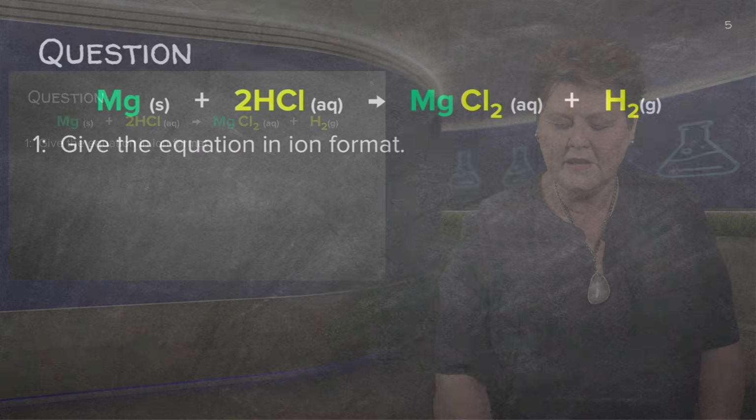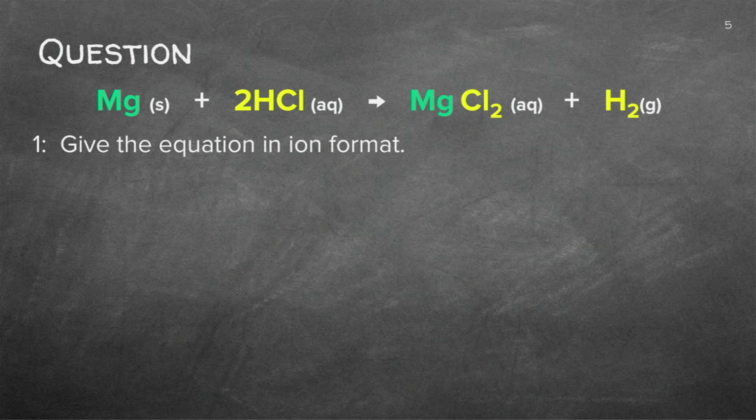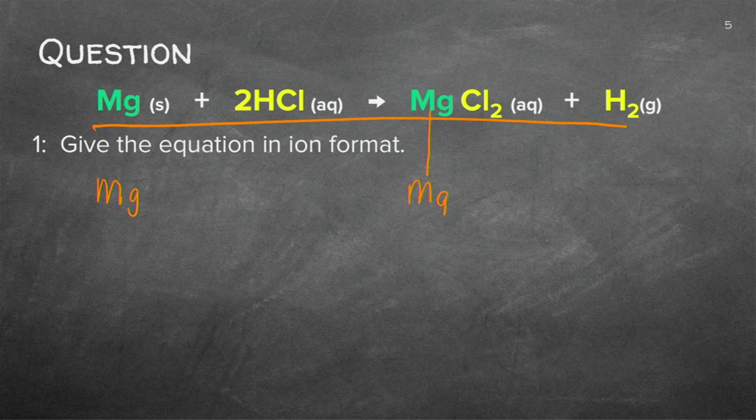The first question, give the equation in ion format. So I've got my equation written there. So I'm going to say the magnesium becomes the magnesium ion. And now you know it's bound to chloride. So you can see there, you've got the magnesium becoming 2 plus. In this case, the metal gave away 2 electrons. And can you see, I've got magnesium going to magnesium 2 plus. Now, in the back of your mind, you should remember that we actually have 2 electrons released. But that's not what they asked. They asked me just to give the ion format. Let's do the second one.